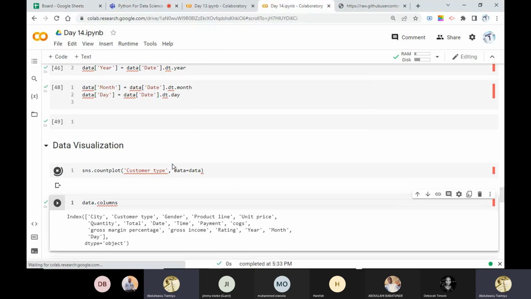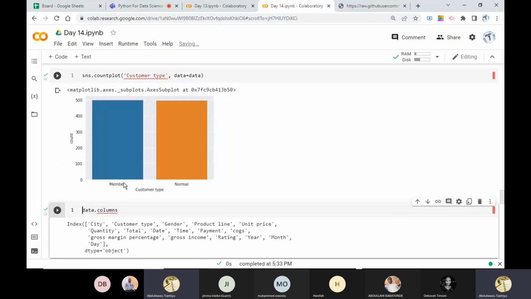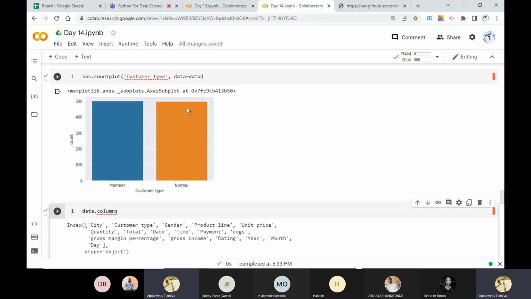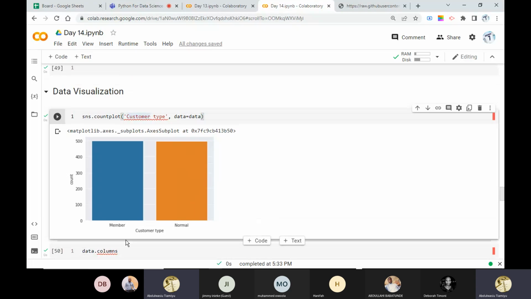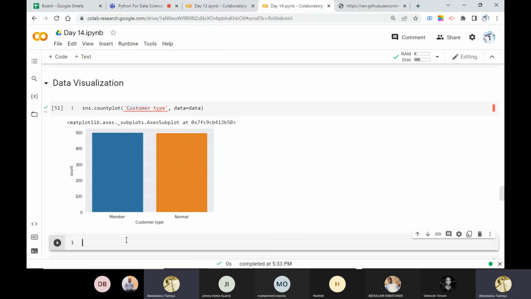Thank you. So we can see the normal members are about 500. Those that are members have a kind of subscription, they are registered members. Then we have the normal people that just come and go, they are not registered. So they are almost the same thing. If you want to get their exact number, you can do value count, df